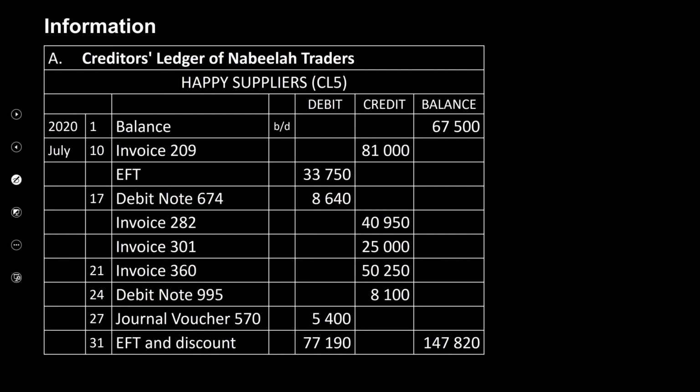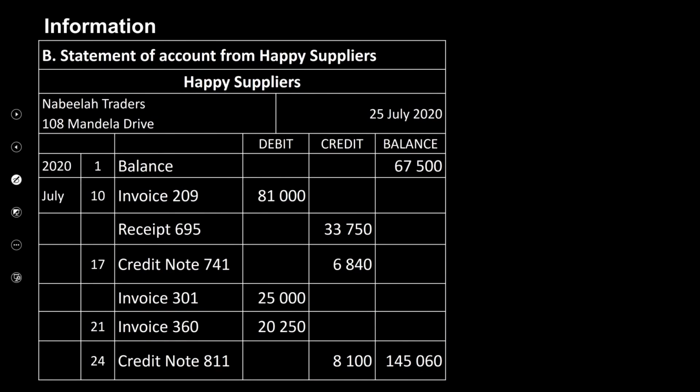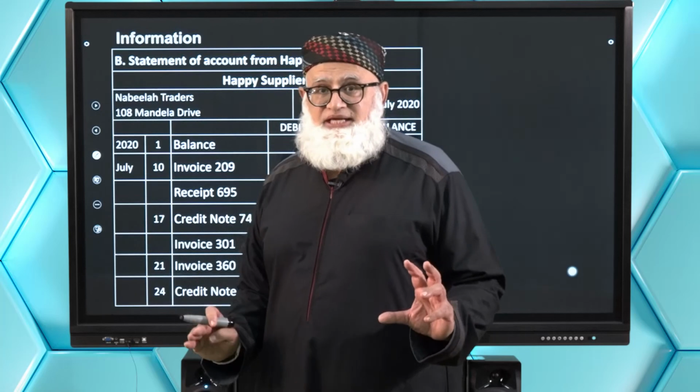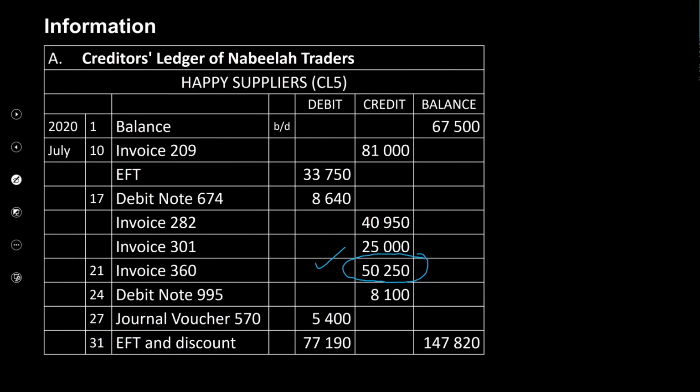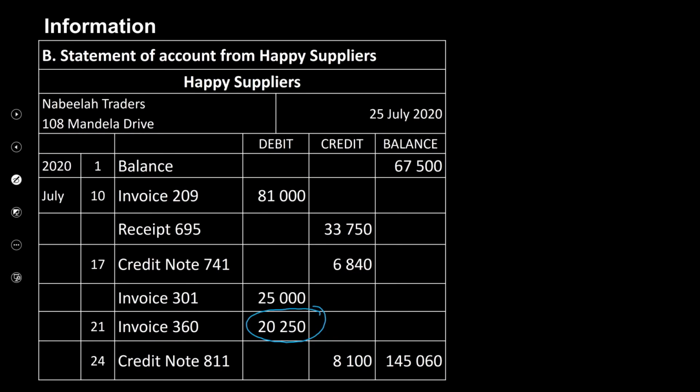Invoice number 360 is 50,250, which is the correct amount according to our records, because they're telling you it was incorrectly recorded. Where? Invoice number 360, 20,250. So immediately you can see there's a discrepancy, right? What's the discrepancy? According to our records, we owe them 50,250. According to what they have entered, they entered it as